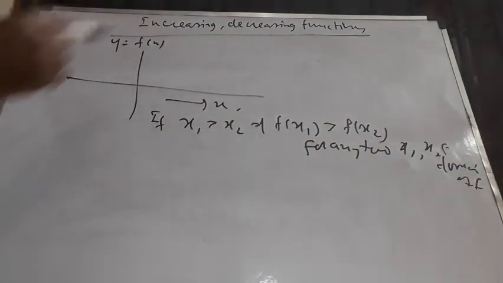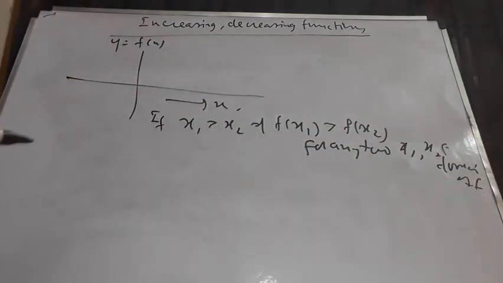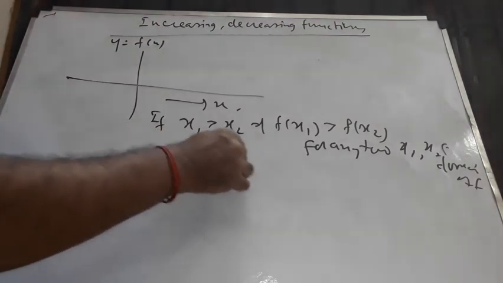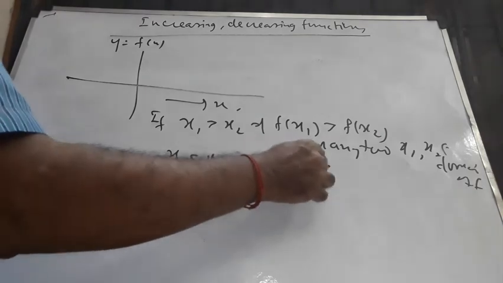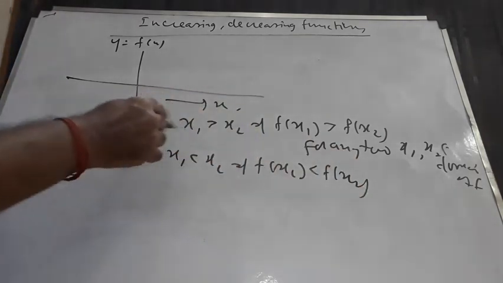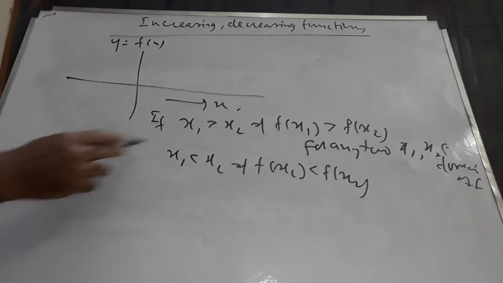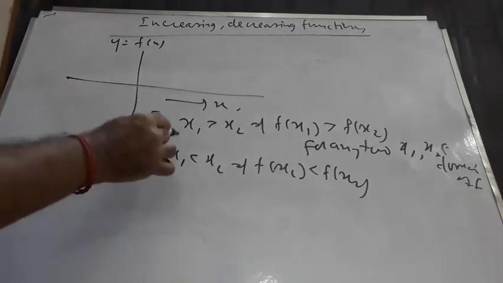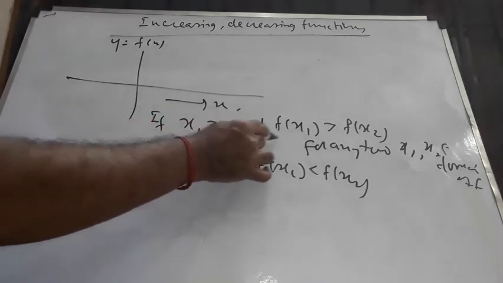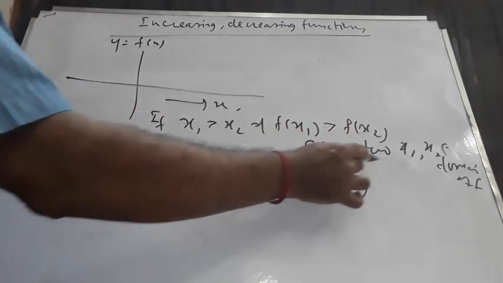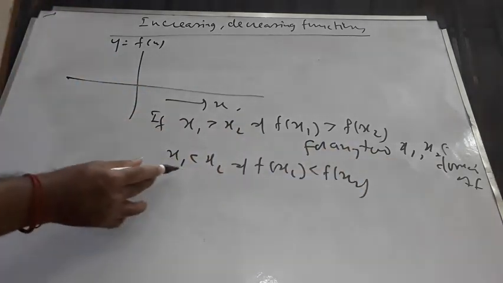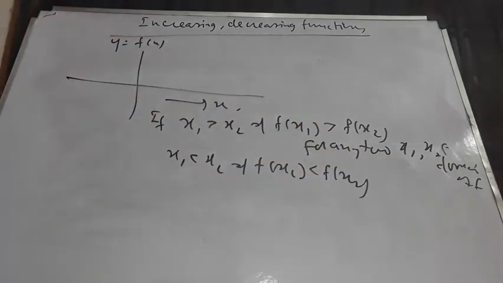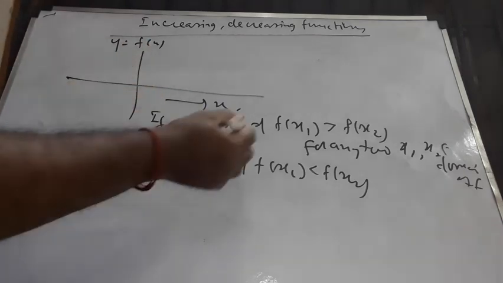I mean to say it is an increasing function. We can even call it strictly increasing, or you can say x1 less than x2 implies f of x1 less than f of x2. It doesn't matter, it's only notation, the suffixes vary. It makes no difference. Now, I repeat, if x1 greater than x2 implies f of x1 greater than f of x2 for any two x1, x2 element of domain of f, or less than, the inequality should be carried over as it is, in such a case I need to say it is strictly increasing.